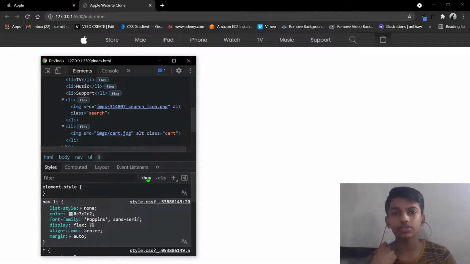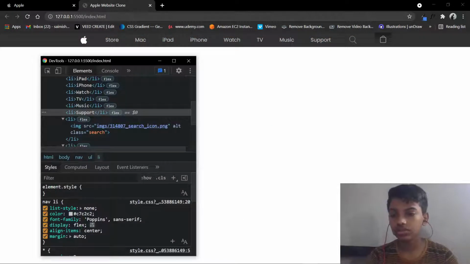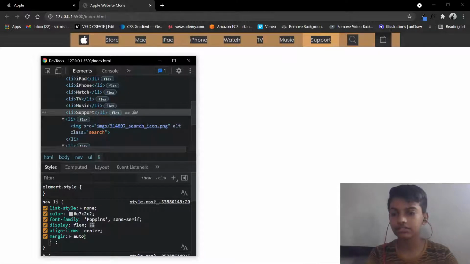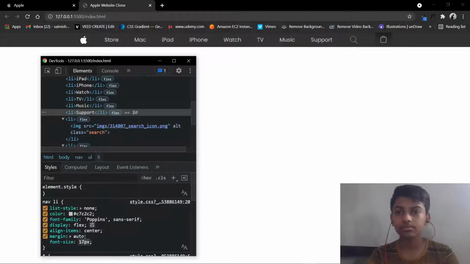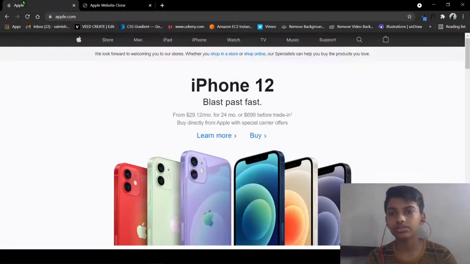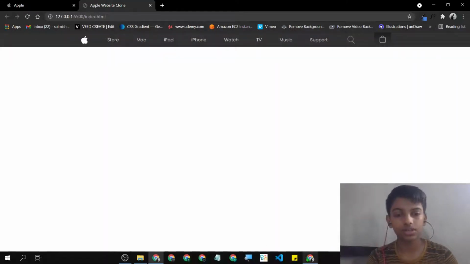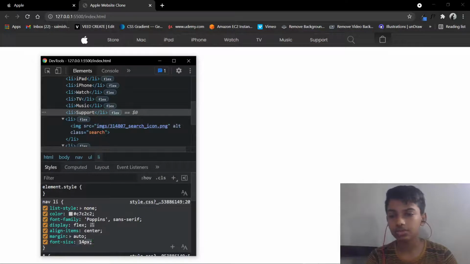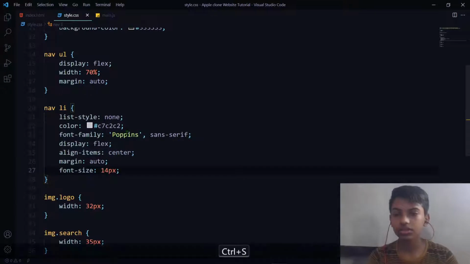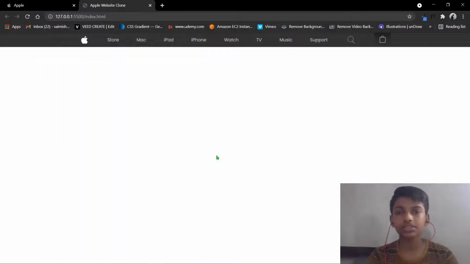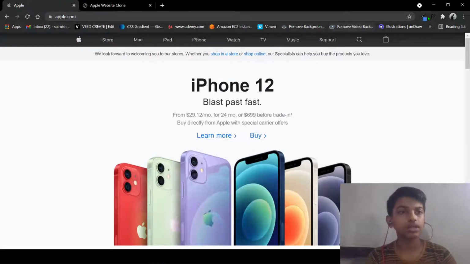Okay, now it is looking very good, but I still need to reduce the font size. I have not set the font size. So font size 18 pixel. I think 14 pixel is very good. Okay, 14 pixel will do the work. So I'm going to copy this 14 pixel and paste it over here. Okay, 14 pixel. Now our website is looking pretty much like Apple's one, but what I'll do is I'll take